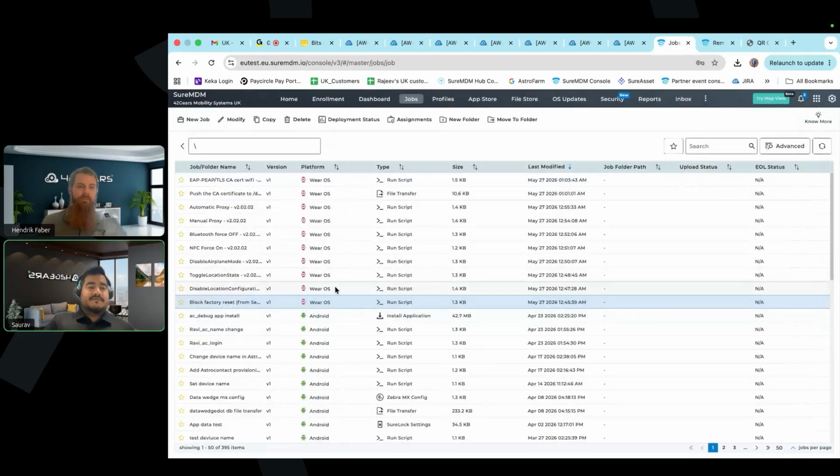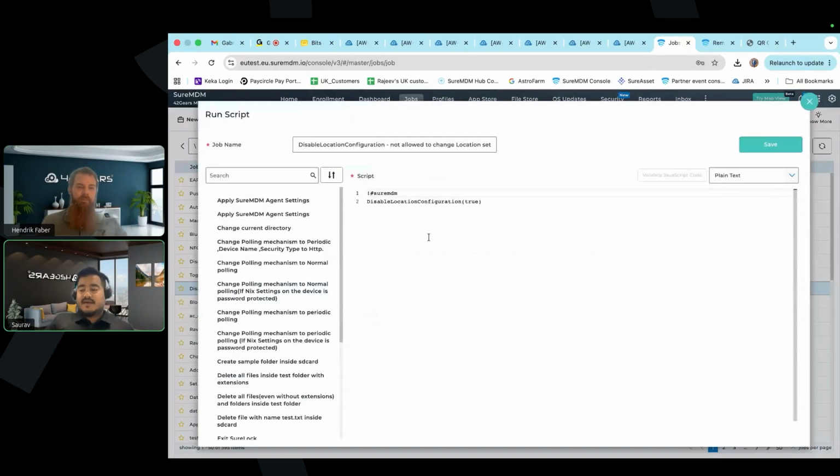Location configuration: if your device is able to track the location, if you have GPS capability on the device, you can block the location configuration and disable it. You can also make it so this script will not allow your users to turn on the location on the device. The criteria is you have to disable the location on the device, and then push the script so that they cannot toggle